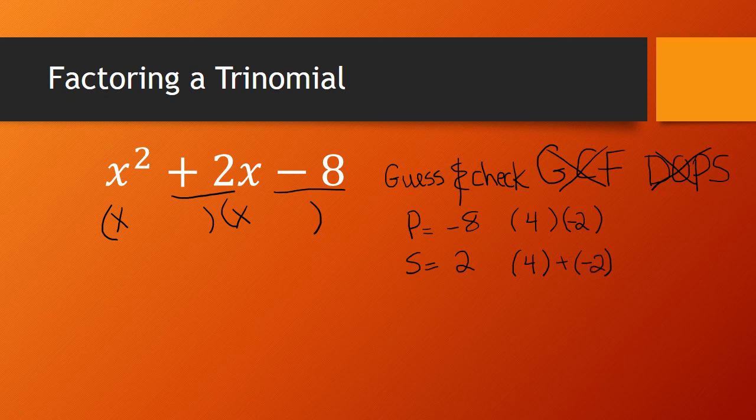So now that I guessed the numbers and I checked if they produce the product and the sum in the trinomial, I can put them in the binomials. So I'm going to end up with x plus 4 and x minus